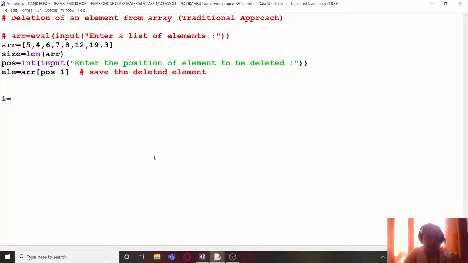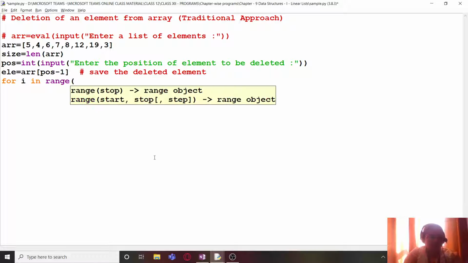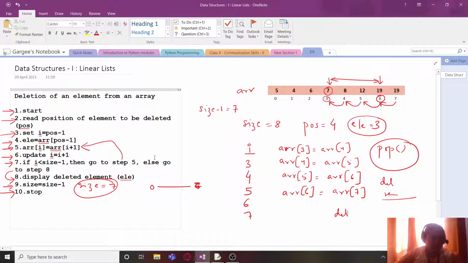So I set I equals pos minus 1, or we don't need to do this because we will be using a for loop here. So for I in range, we start from pos minus 1 and we have to stop at, if I check it very clearly over here, we have to avoid the 7th index, index 7.